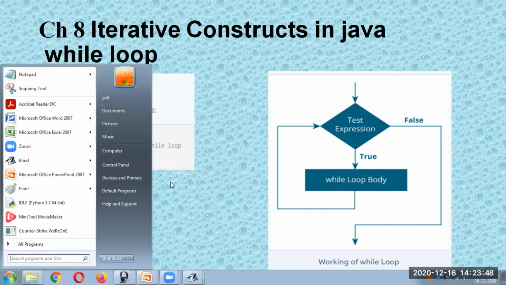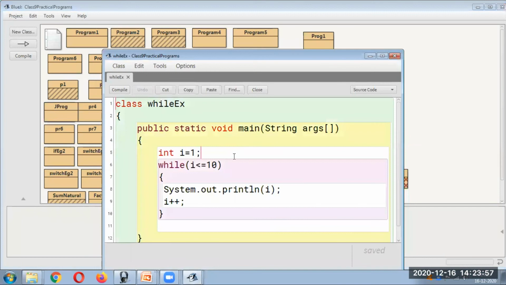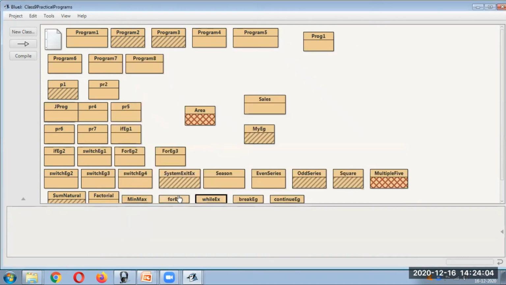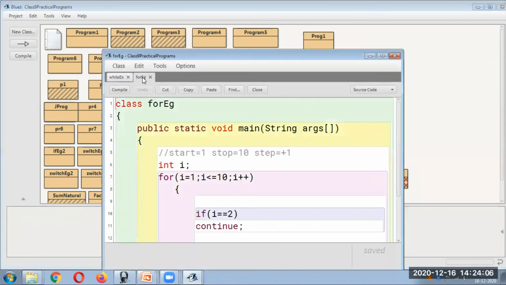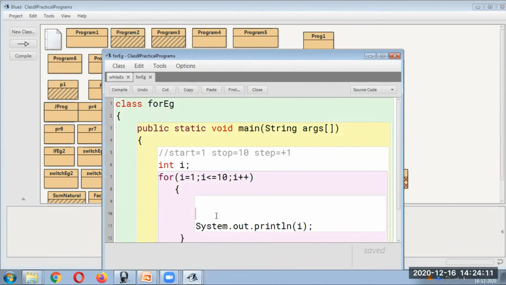So, we can see here, let's take the program for while, just for your comparison, because let's take the same here. The only thing we have to understand is, I'll open that for loop also. Okay, so this is your for loop. I'll remove the continue and all that, which we have to take in the next. So here, start is 1, stop is 10, it is incrementing by 1 and we are displaying. This is your for loop.